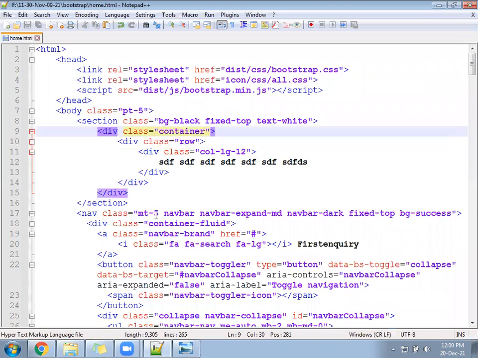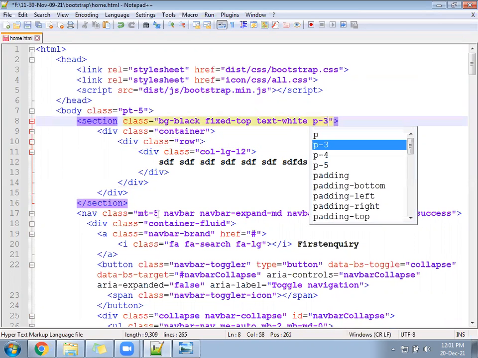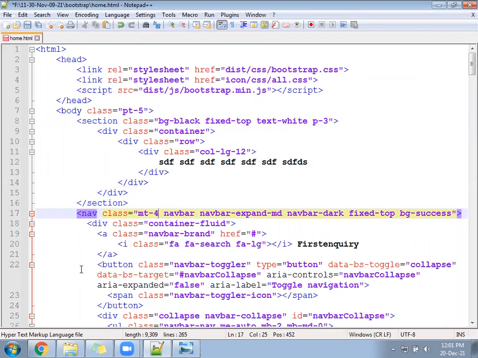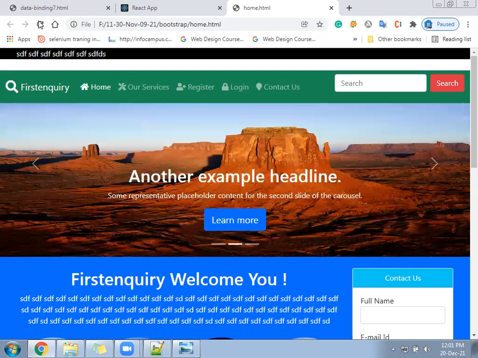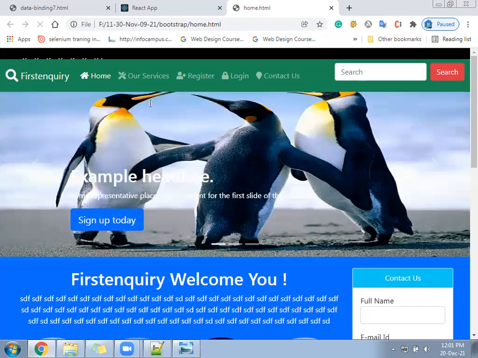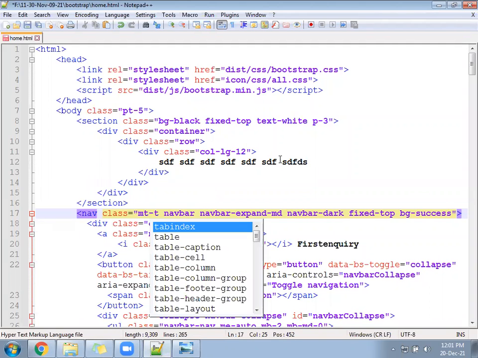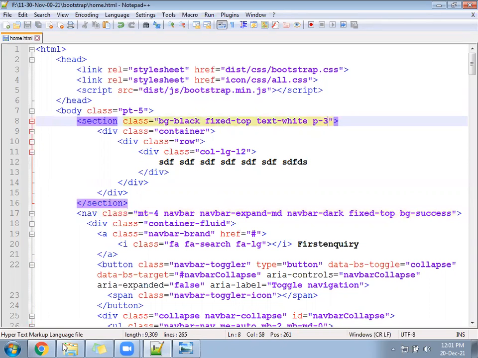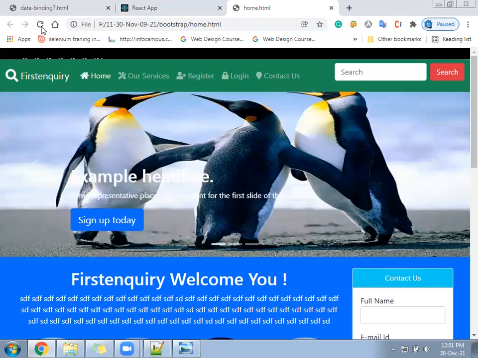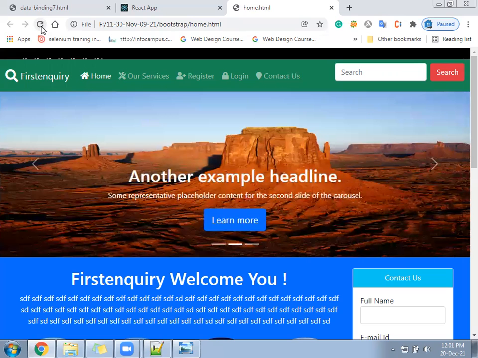Here mt-3 we have written p3, and here mt-4. P3 and mt-4 went wrong. Mt-4 and p3 combination looks better, but it's a little down.